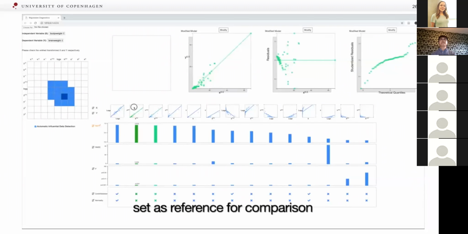Okay, so to evaluate Regline, we conducted a think-aloud study based on the following study setup. There are many interesting findings from the user study. I would like to highlight two of them. First, participants felt that they had the flexibility to try different transformations, which brought different insights into the data.